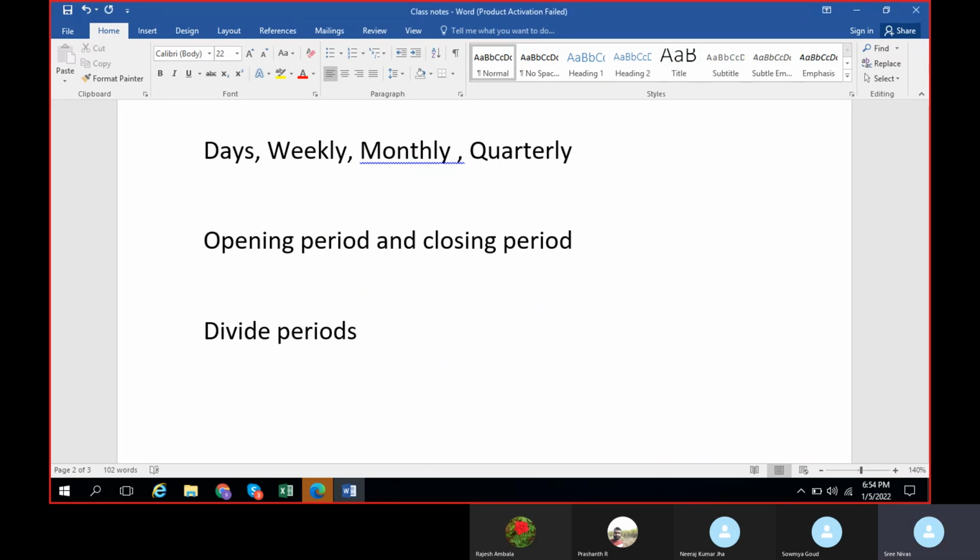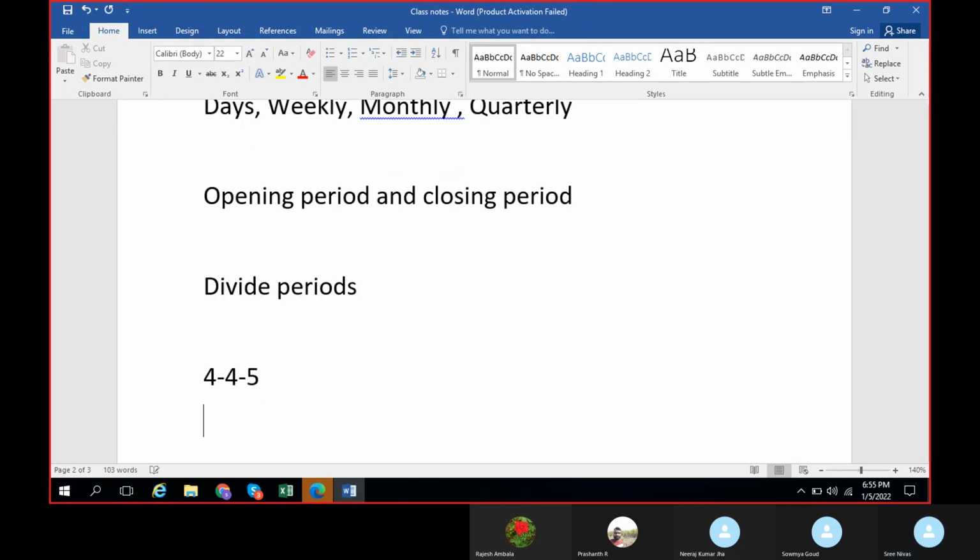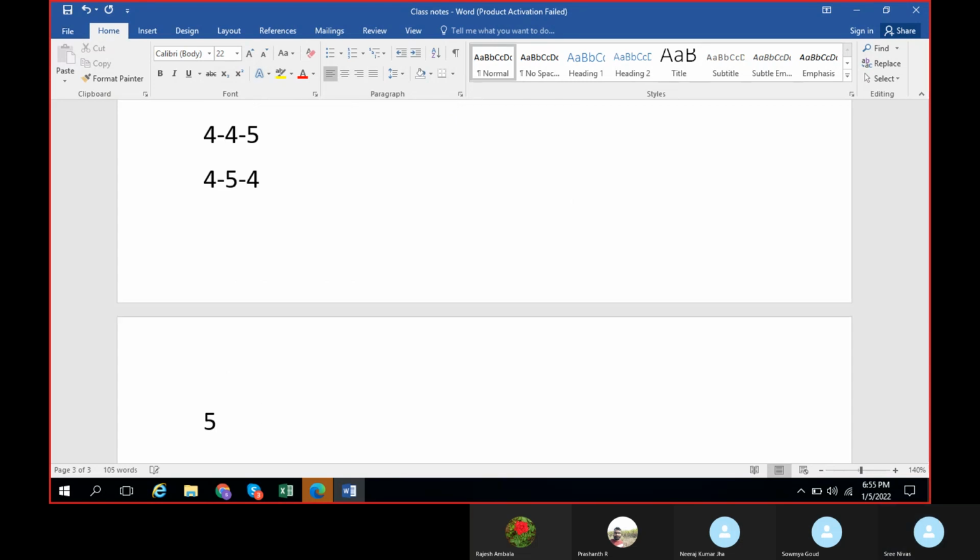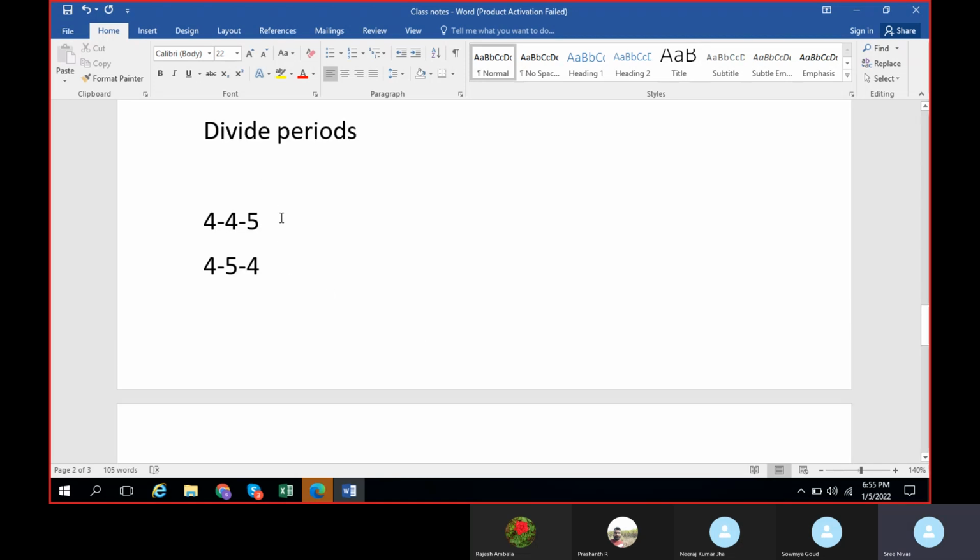they will follow a different calendar format itself. Maybe you might have heard of it: 445, or 454, or 544. So this is a weekly calendar.